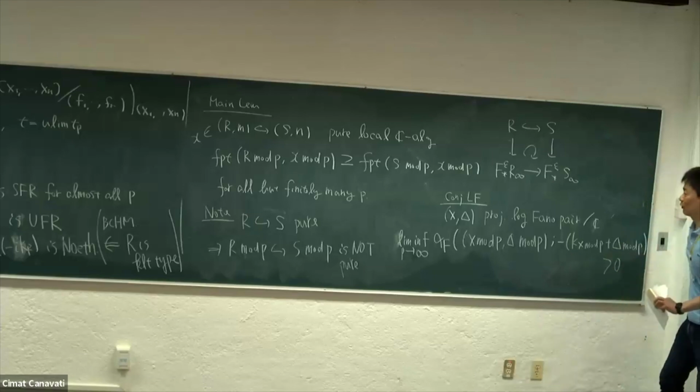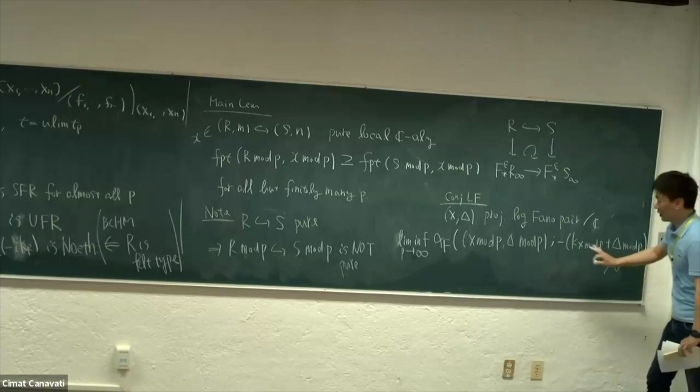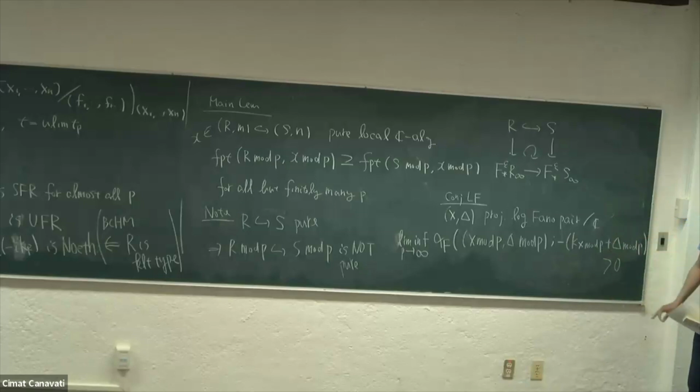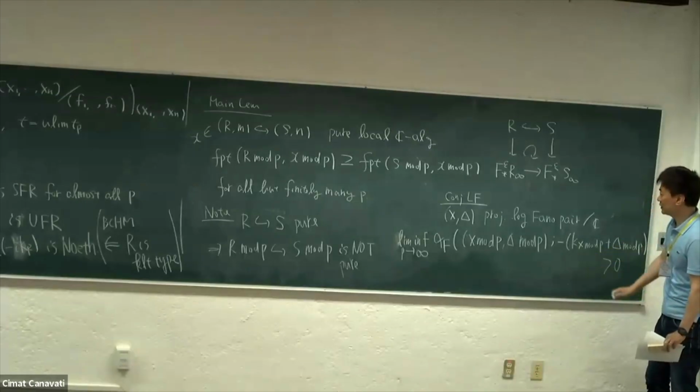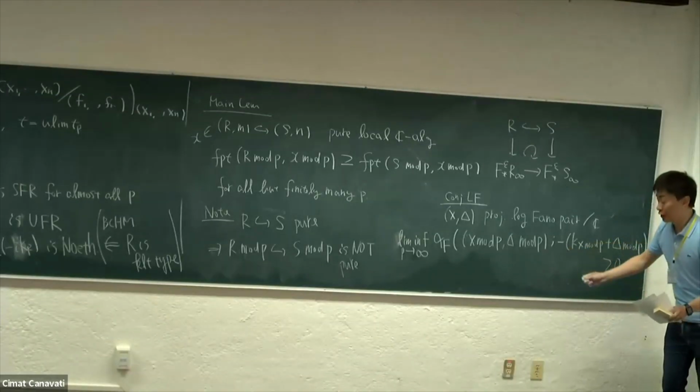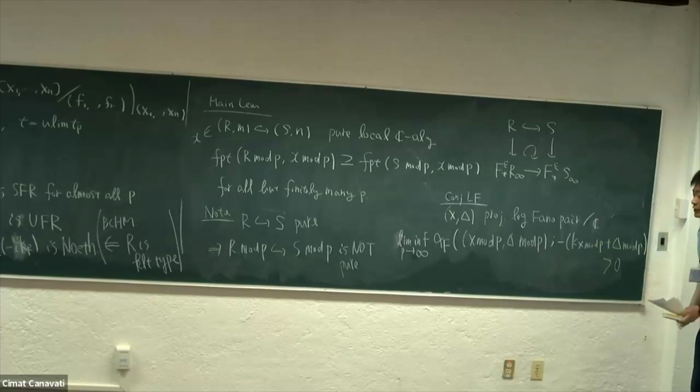So I explained before, and actually this conjecture is equivalent to the original conjecture. Since this is somehow related to global irregularity, and global irregularity can be checked by looking at the section ring, we can reduce to the graded case. That's why the conjecture can be reduced to the graded case. That is what I want to say. Okay, let me stop here. Thank you very much.